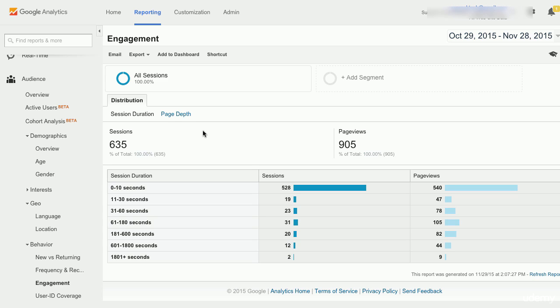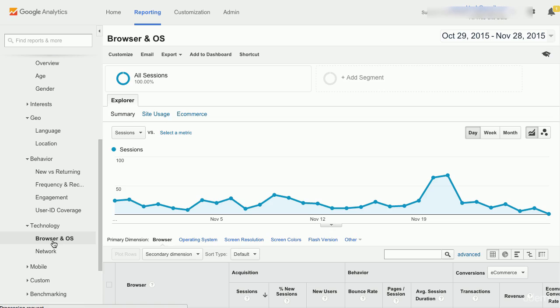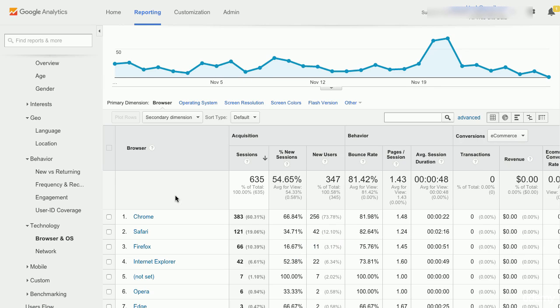The next report group I'd like to discuss is the technology reports. A big reason why a site either succeeds or fails is its ability to render our content and allow users to interact with it how we intend them to. To find this out, we use the technology and mobile reports. The first one we'll look at is the browser and operating system report, and I'll scroll on down to the